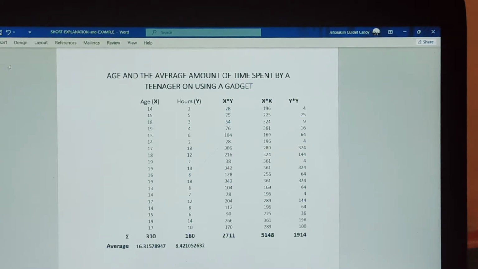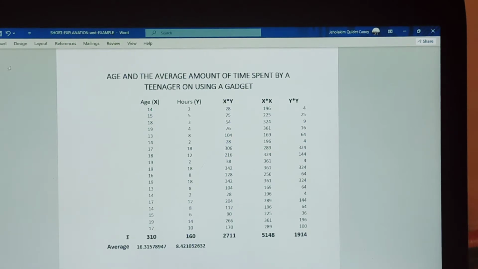Here we have gathered the data where x is the age and y is the number of hours spent. Here we have a sample of n equals 19, and with the use of